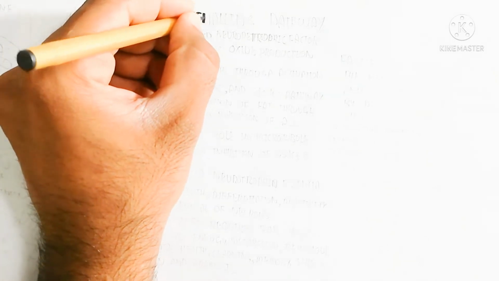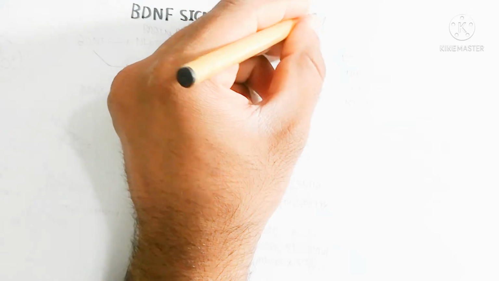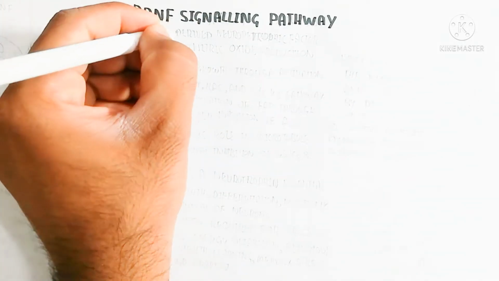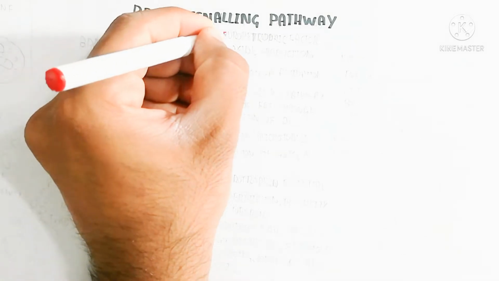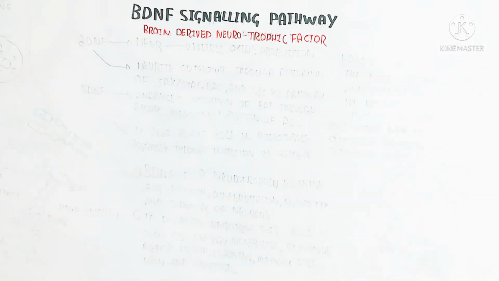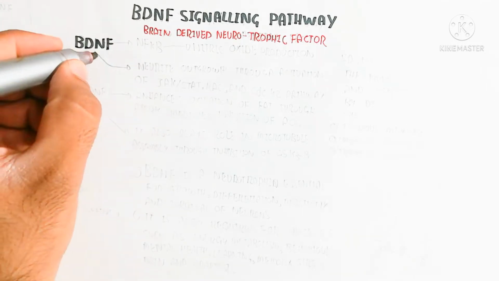Hello, in this video we will discuss the brain derived neurotrophic factor signaling pathway. This is the topic we will discuss in this video, the brain derived neurotrophic factor. Basically, it is stimulated via nuclear factor kappa B, and this nuclear factor